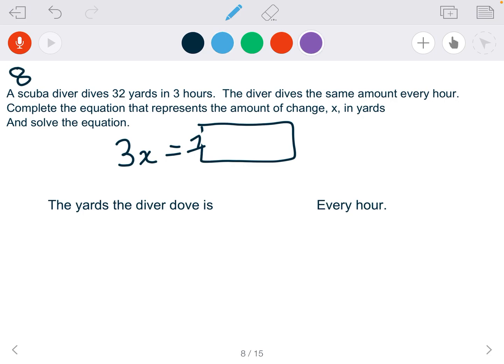Again, similar to your problem on your test. So just different things. A scuba diver dives 32 yards in 3 hours. The diver dives the same amount every hour. Complete the equation that represents the amount of change, x, in yards, and solve the equation. So the amount of change, x. So if I have 3x equals